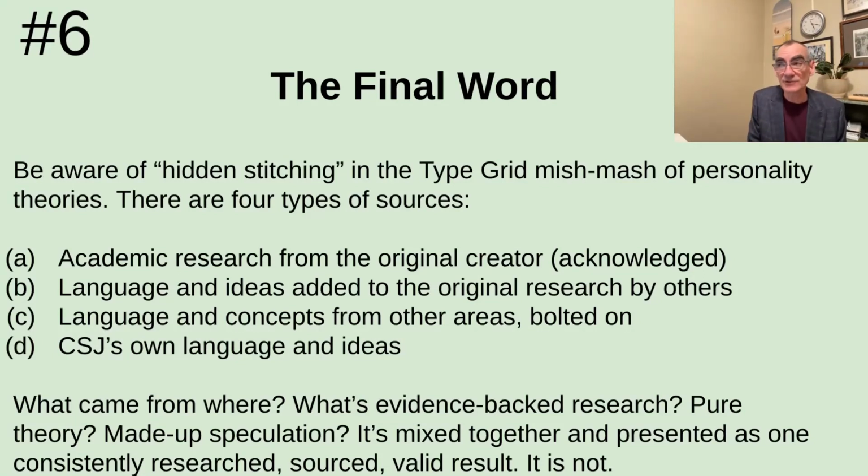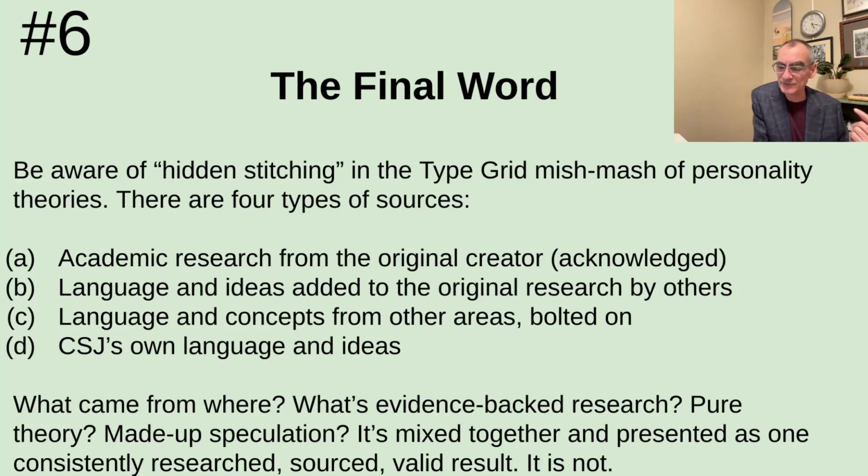So, the final word on all of this. One of the things that's nice is that CSJ mentions mentors and has a whole nice list of a who's who of major neo-Jungian figures, and Jung himself, of course. But what's not done is to go back and credit the individual pieces to their source, for people to understand for further reading where the stuff is coming from. There's also what I describe as hidden stitching, where